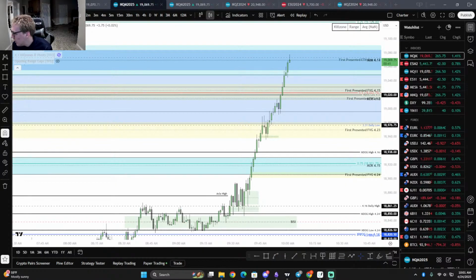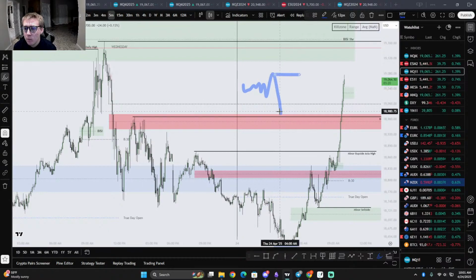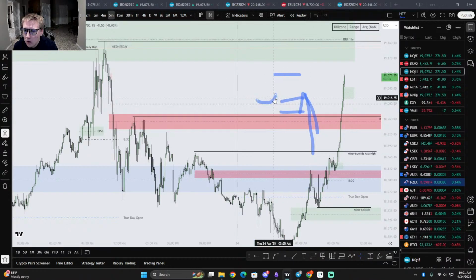Market structure shift. Do you still want me to explain that? I mean, market structure shift is just, you have something, and then you want to see liquidity taken, and then you want to see this be a sharp leg, and then this low getting taken is a market structure shift, and this will create a fair value gap, and then that's your 2022 model, and then it will line up with that breaker, and then that's when you'll get your nice expansion. Happens every day on every time frame.